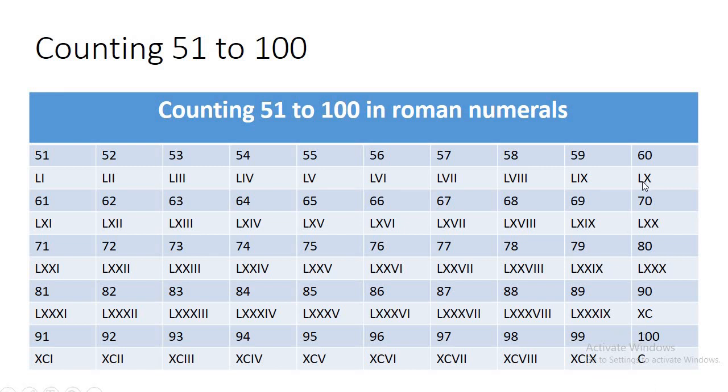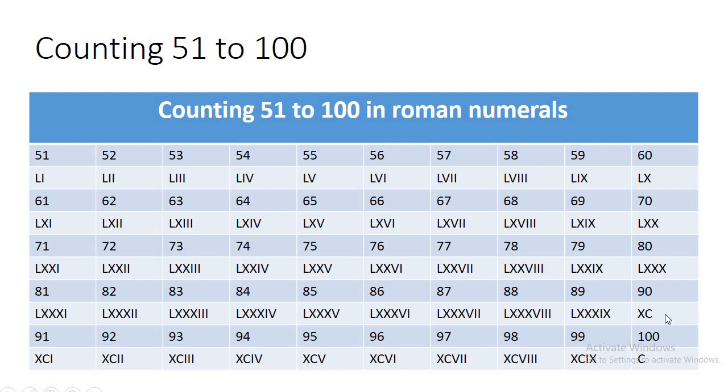Then as we have seen that LX represents 60, from 61 to 69 you just have to put LX in front of 1 to 9. Similarly, LXX represents 70, then you just have to place LXX in front of all the digits from 1 to 9. Similarly, LXXX represents 80, so it is very simple to write from 81 to 89. You just have to place LXXX in front of 1 to 9, and then there is a change here,